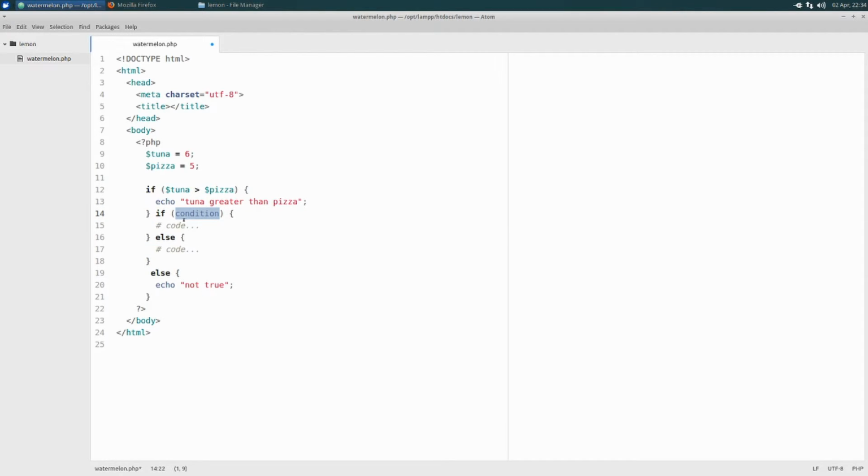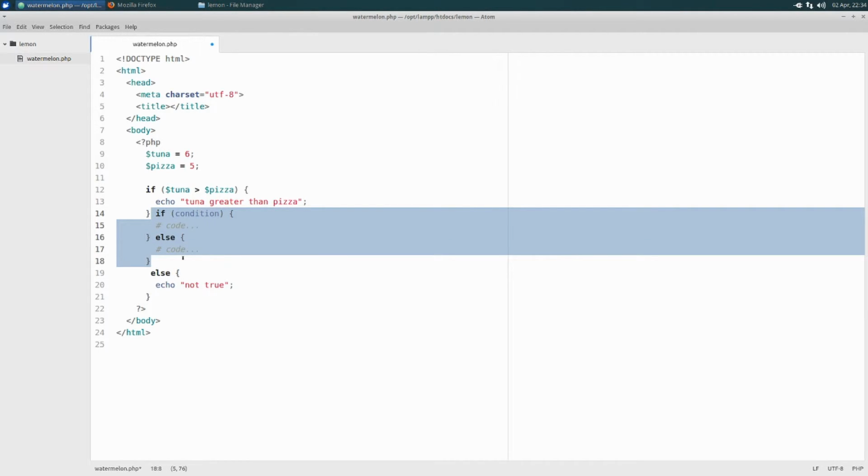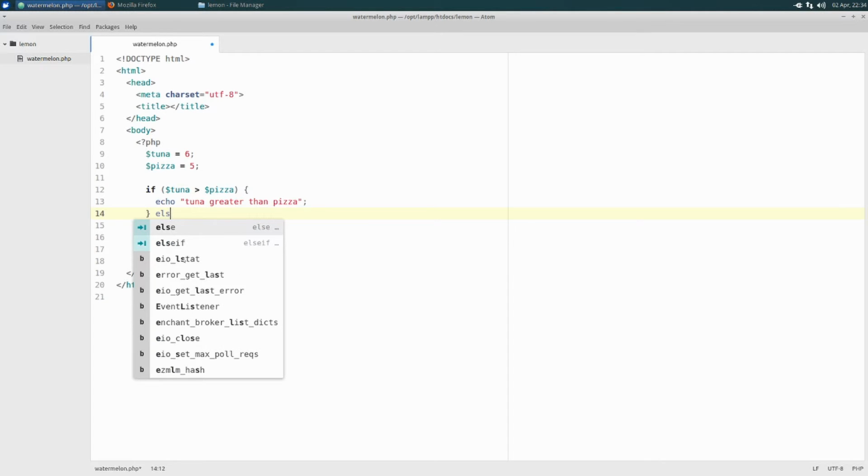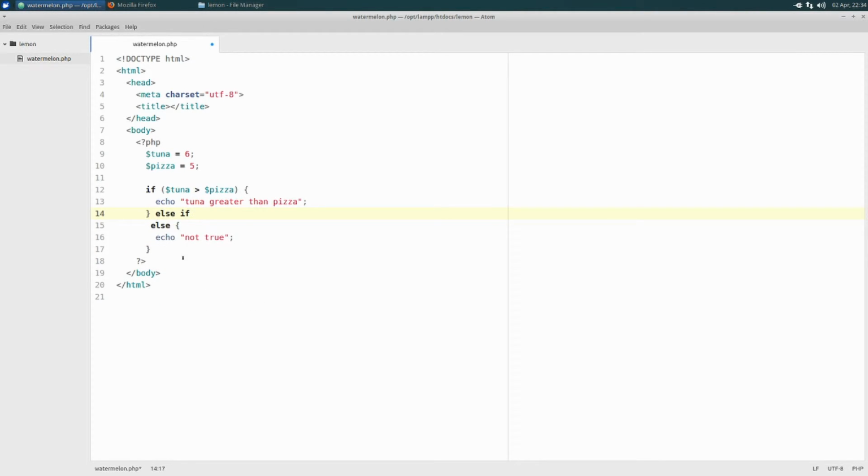If else, well, actually, that's one way. That's what Adam says that if else is. But what I was trying to tell you guys is else if. Sorry. Else if, you can do this, and now you can put in another condition. So if tuna is not greater than pizza, and tuna is equal to pizza,